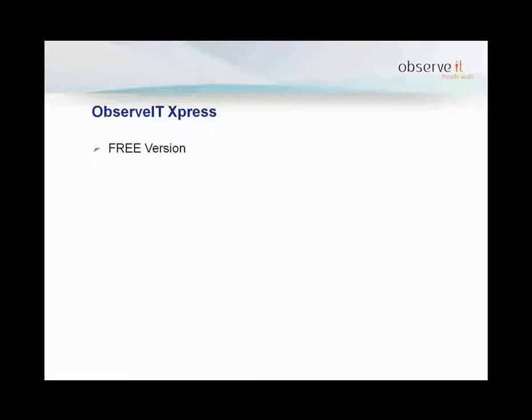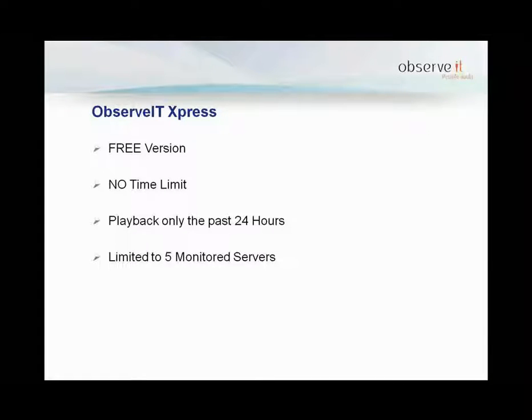So let's start to show you what is the Express version. The Express version, as I said before, is a free version. You can download it from our website. It has no time limit, but the limit is that you can play back only the past 24 hours. So it will record and retain all data, so it will not delete anything. You will have access to the metadata that we will display to you during this demo, so you can still see what users did even past 24 hours. But as for video playback, you will have only the past 24 hours, and it is only limited to 5